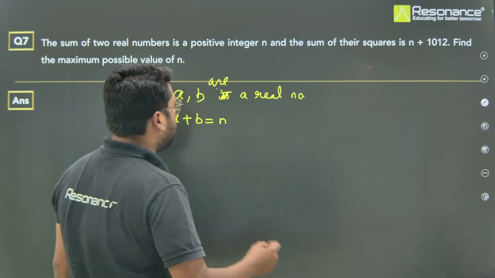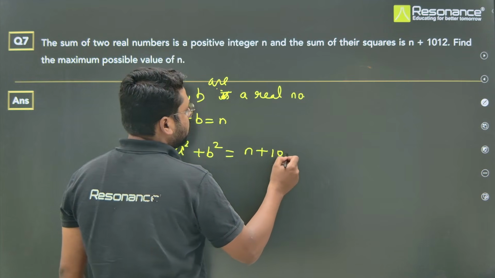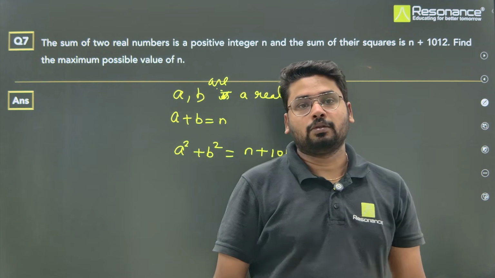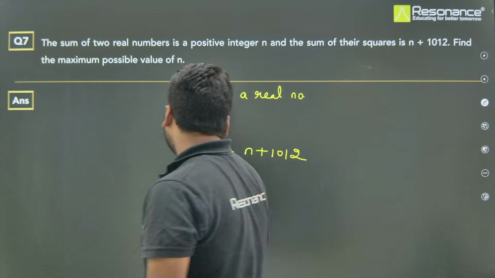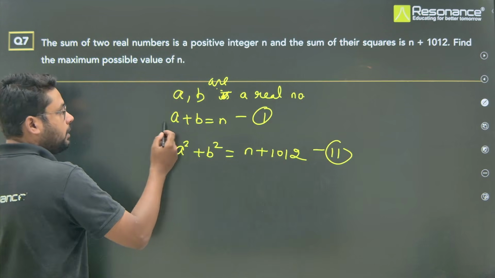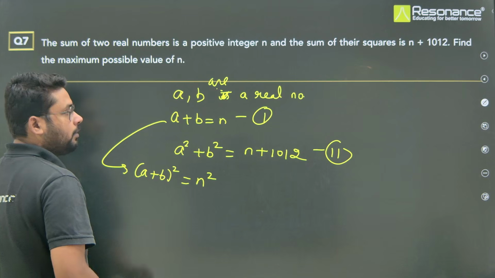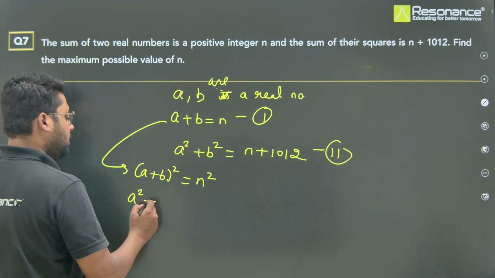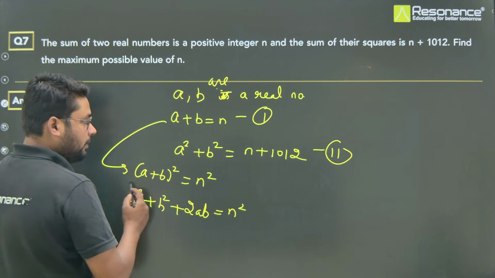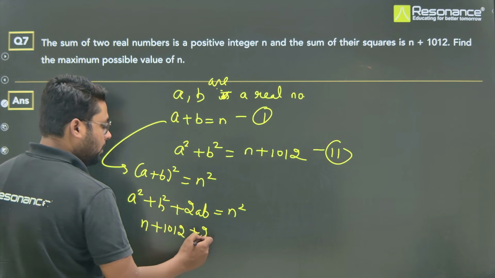The sum of their squares means a square plus b square equals n plus 1012. Let us take this as equation 1 and this as equation 2. If you take squaring on the first equation, a plus b whole square equals n square. So this will be a square plus b square plus 2ab equals n square. We have the value of a square plus b square, that is n plus 1012, plus 2ab equals